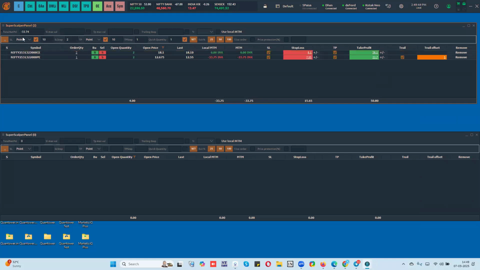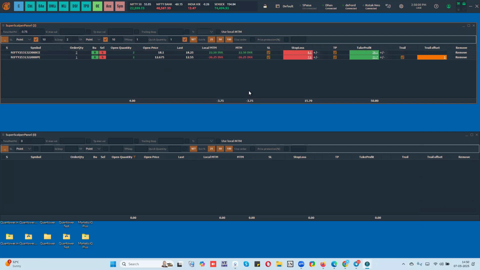Now you can see that my total PNL is updating here. Okay. And my local PNL and the regular PNL is also the same because I have done all the trades in these two symbols only from here. Okay. That is why both these values are the same.